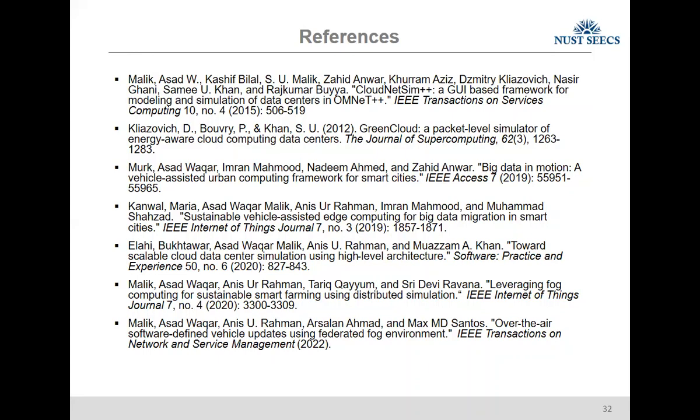Any other question? In general, what would be the minimum size of the field to have this model of large scale farming efficiently? It depends. In simulation, we are simulating around 100 by 100.